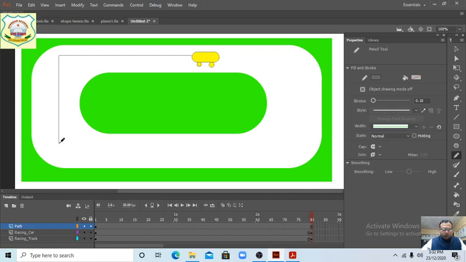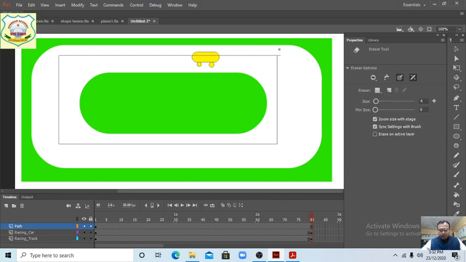Holding the Shift key on the keyboard, you will hold the Shift option. Then use the eraser. Done. Now next.